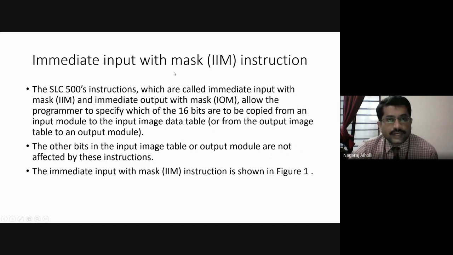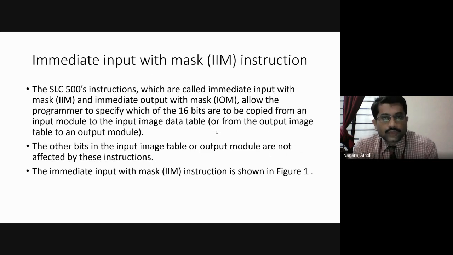The SLC 500's instructions called immediate input with mask and immediate output with mask, that is IIM and IOM, allow the programmer to specify which of the 16 bits are to be copied from the input module to the input image table file.